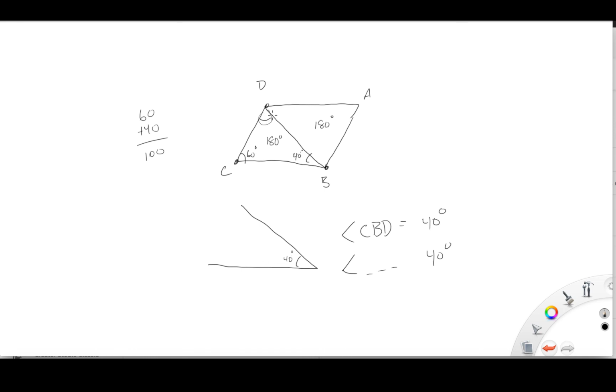So whatever is less than that, so 180 minus 100 leaves us 80 degrees. So this one up here is 80 degrees. All right, if this is 80 degrees up here, so is this one, which means that this opposite angle right here